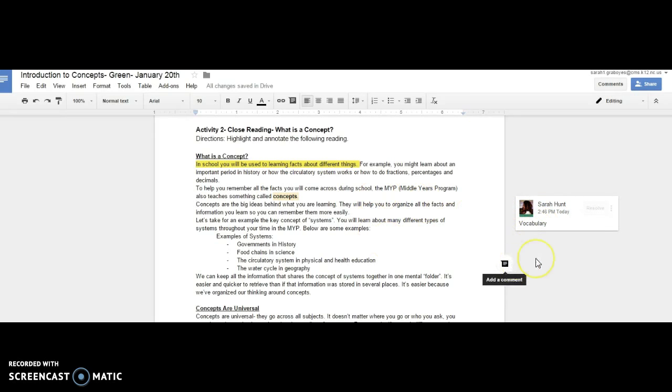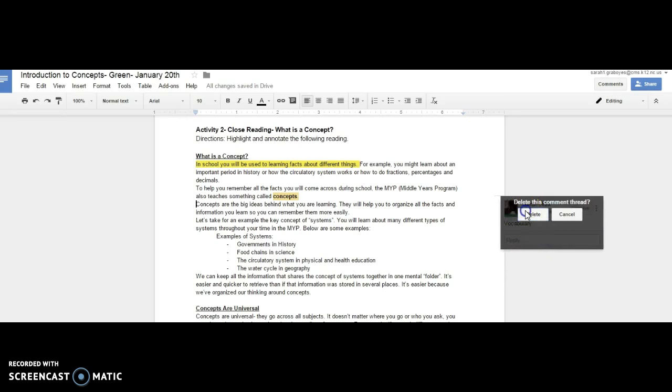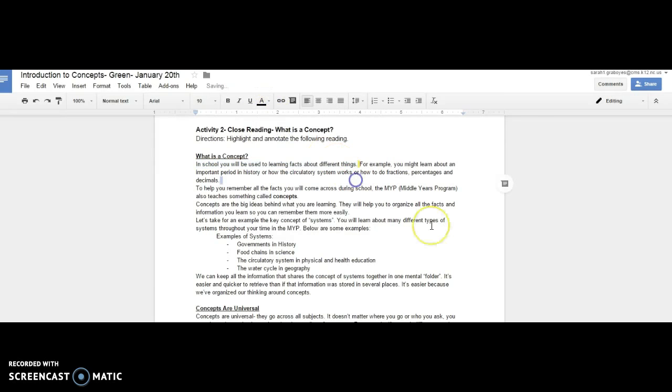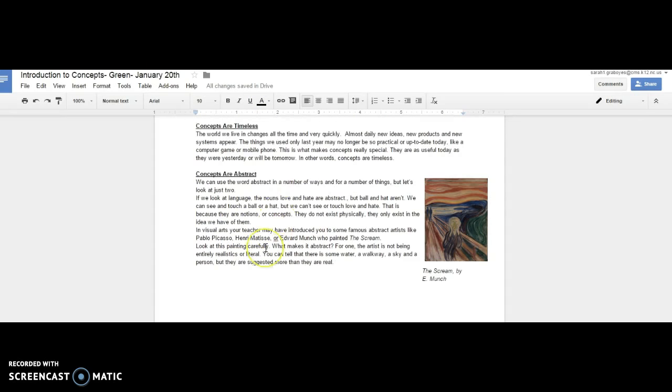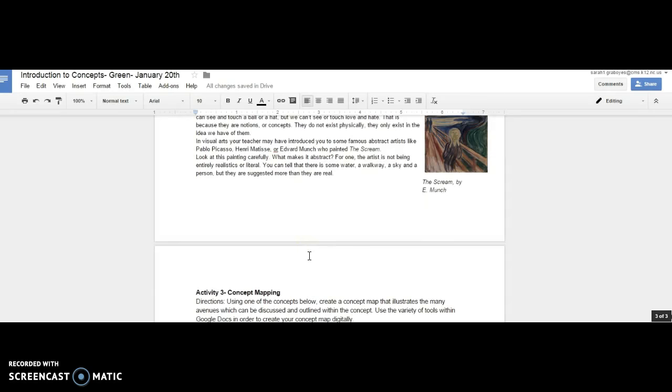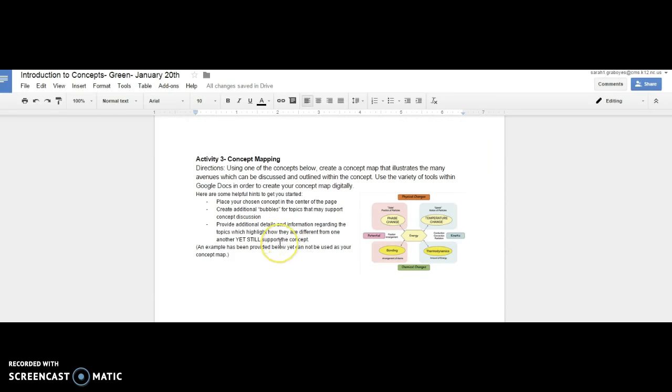If you don't wish to have this comment that you've created, you can hit the three dots and delete your comment, and it will actually de-highlight. You'll go ahead and move through this highlight and annotation. It's a 1-page document, and move into activity number 3. This is concept mapping. So you're going to take one concept that you have either had in the reading or